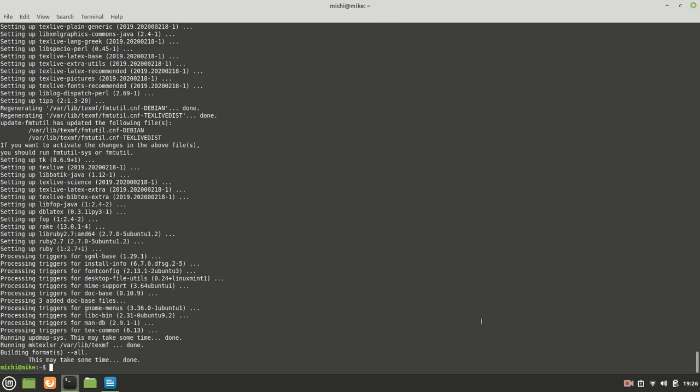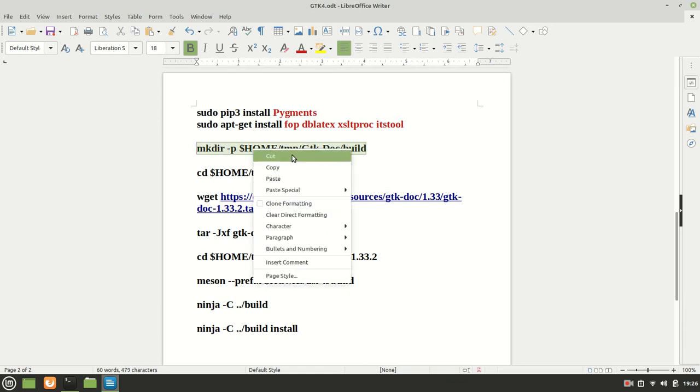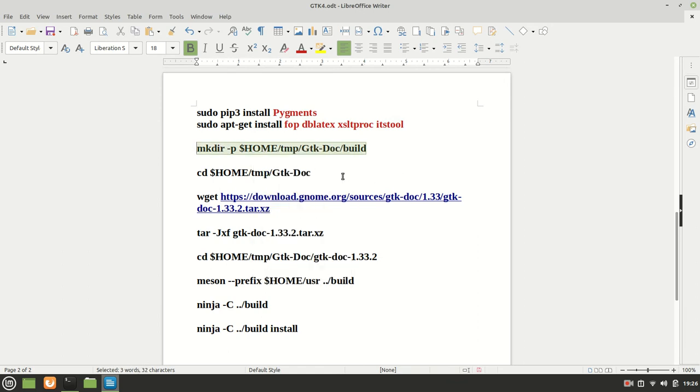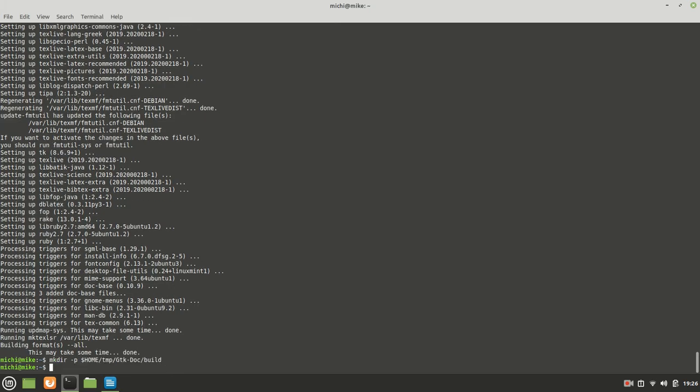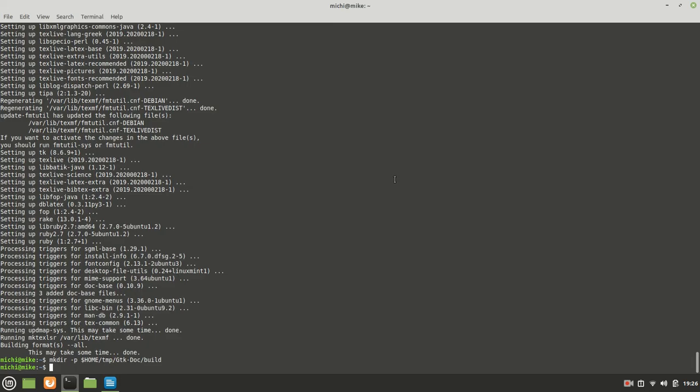Now that those dependencies got installed, we can proceed with compiling or building our GTK Doc, which is very important for our progress of installing GTK4 on Linux Mint